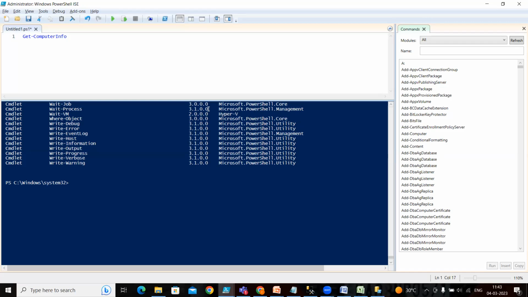If I'm asking now how many unique commands PowerShell has, now there are 2492 commands in PowerShell. So think about it, whatever you want to